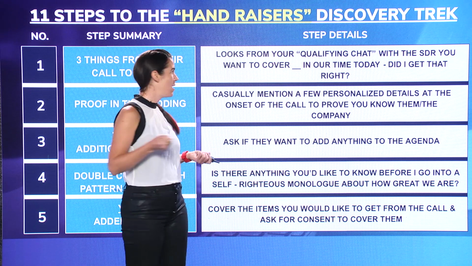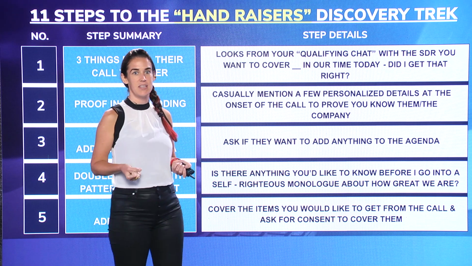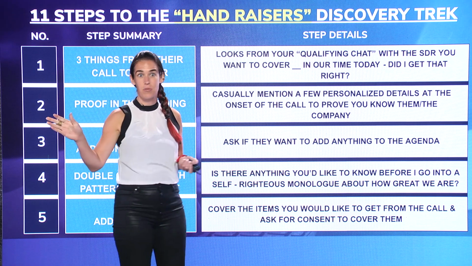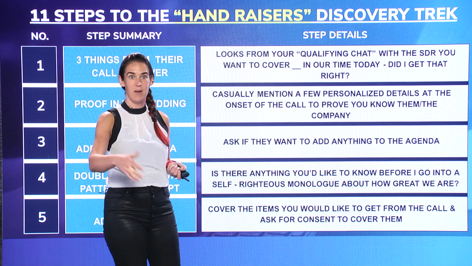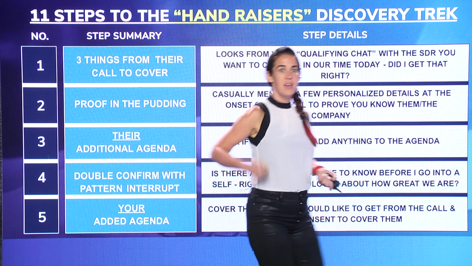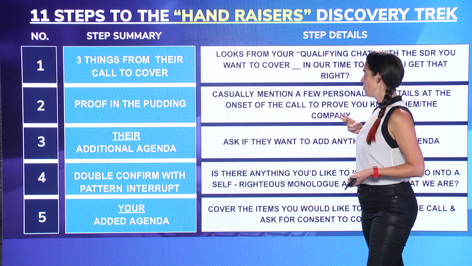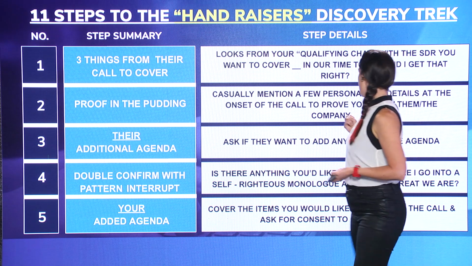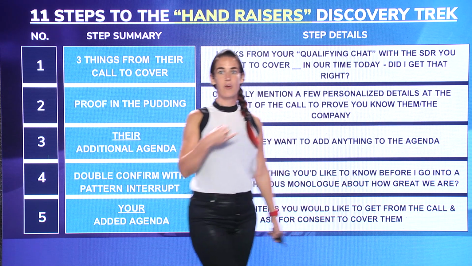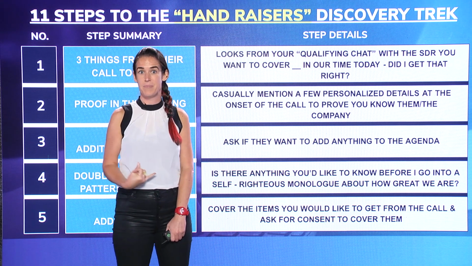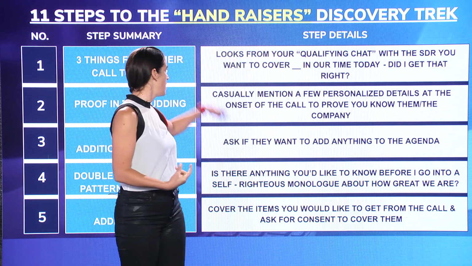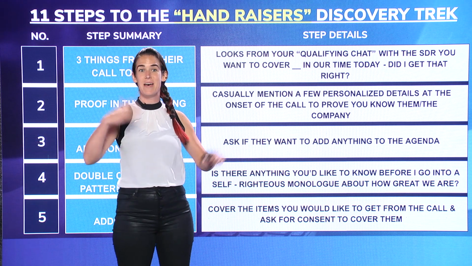So, I would listen to that call as an AE and then say like, hey, here are the three things that I heard from your chat that you wanted to uncover in our time. Did I get that right? And look for confirmation. Number two, I would do a step I call proof in the pudding, and I would casually mention a few personalized details at the onset of the call to prove to them that I know the company. So I'd say, again, from the top,